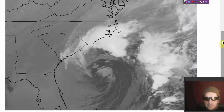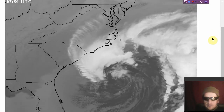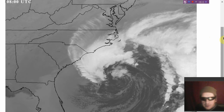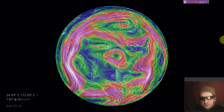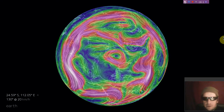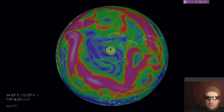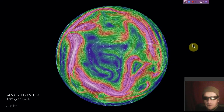And there's this violent rotational area here off of the coast of North and South Carolina. Quite a significant counterclockwise rotation there, even pulling the dry mass of air into the mix, which will probably weaken it, but at the current time, it's rotating in champion fashion. And here is the jet stream of the northern hemisphere from the North Geographic Polar view. And it is really all over the place, folks. Here's the South Pole view. Looking a little more organized in the south,